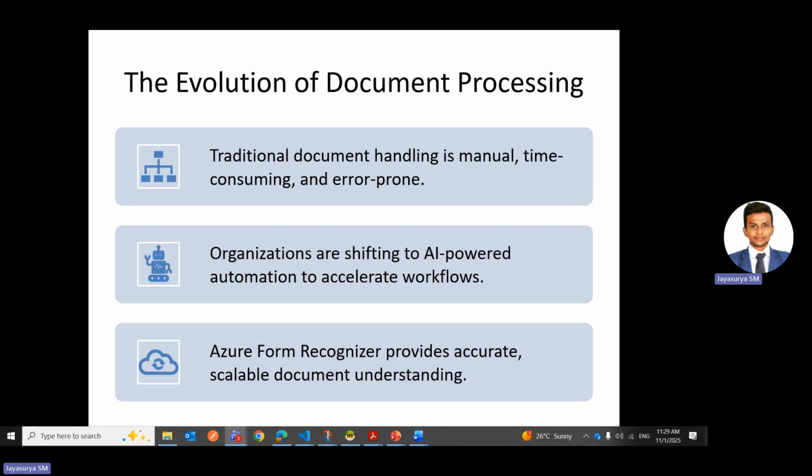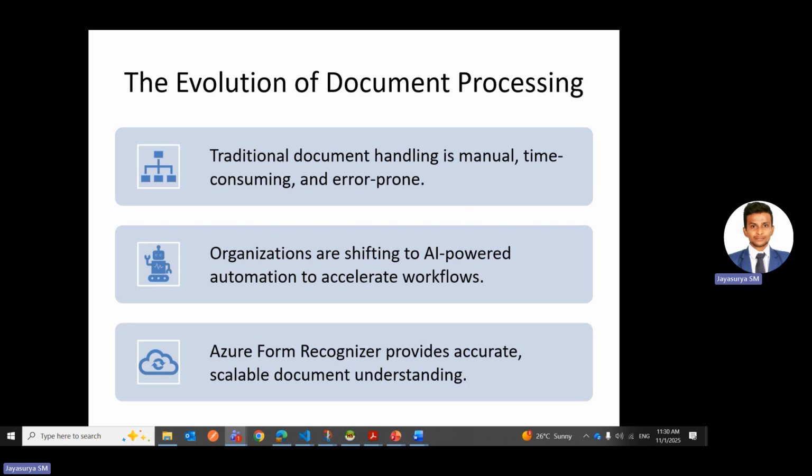We are talking about systems that cannot only read the text, but also understand the structure of the document and its context and semantics. With document intelligence, organizations can automate data extraction, reduce manual workload, and make faster, more